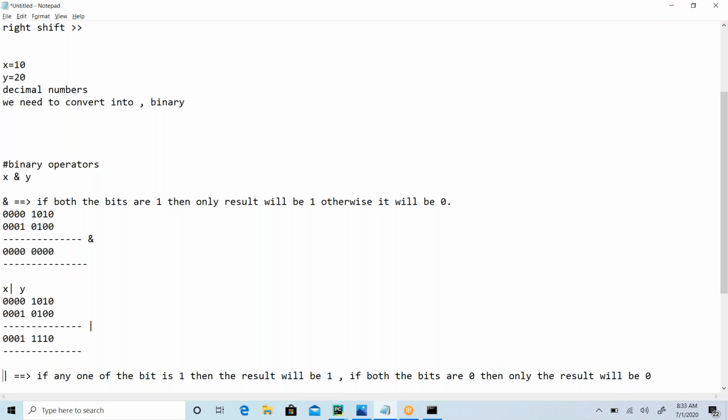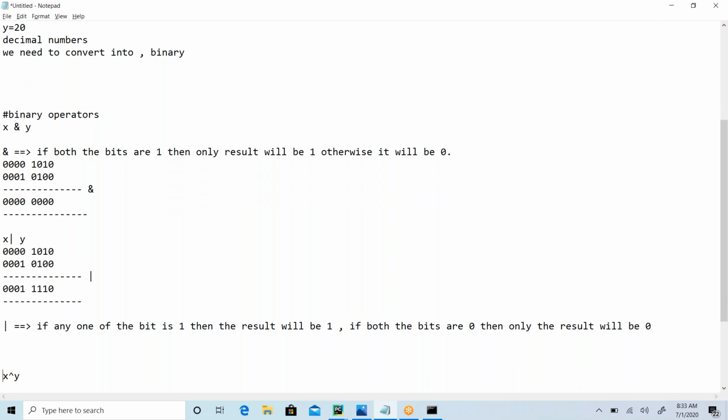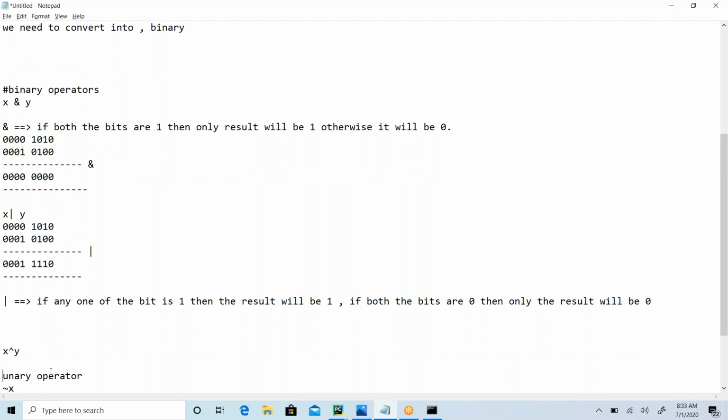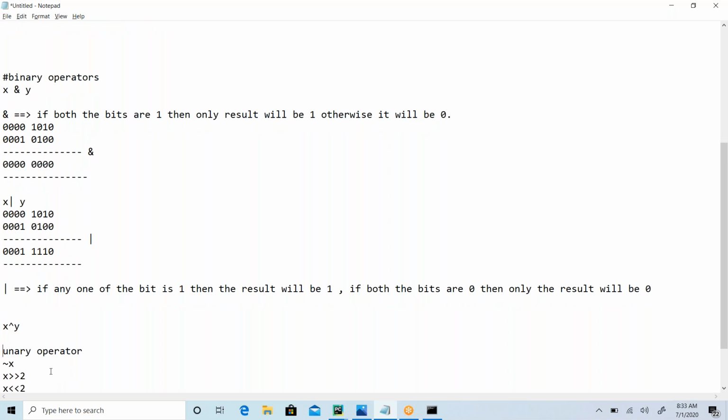Simple only, not complex. So if you have to remember this statement, that's it. Then you will be able to answer it. Okay, then we have exclusive OR. We have exclusive OR, right? So when you look at this exclusive OR,